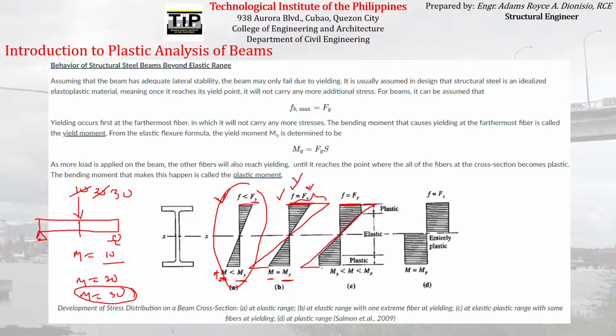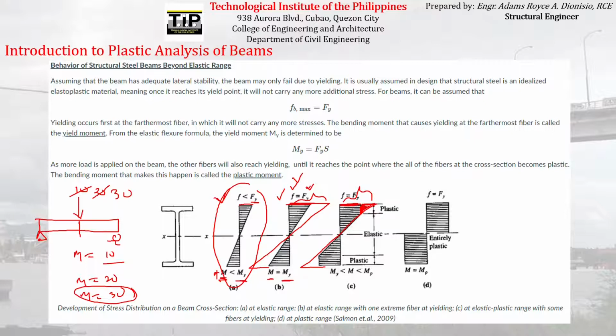Pero since elastoplastic material nga yung steel natin, hindi niya kayang i-resist tong buong 'to. Ang kaya niya lang i-resist itong portion lang na 'to hanggang Fy lang. Okay? So Fy hanggang Fy lang yung nare-resist na stress nung steel section natin. Once na in-increase pa natin yung bending moment niya, since yung stress sa portion na 'to, sa fiber na 'to is mas malaki na kaysa sa Fy, you can expect dito until dito sa portion na 'to, yung mga stress na 'to, mas malaki pa sa Fy meaning nag-fail na